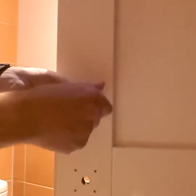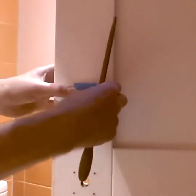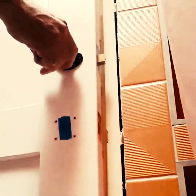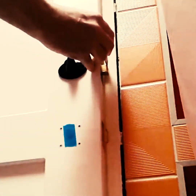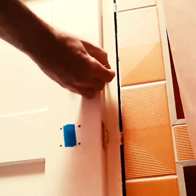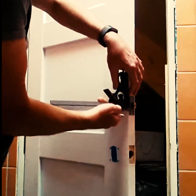2 roses, so there's only a thumb turn on one side obviously for privacy, so you can't lock it. Now I'm just marking the spindle, it's slightly oversized, so I'll just make a mark with the file. Now mark the top and bottom of the bolt on the door frame and set a